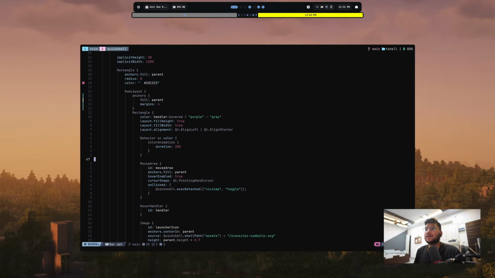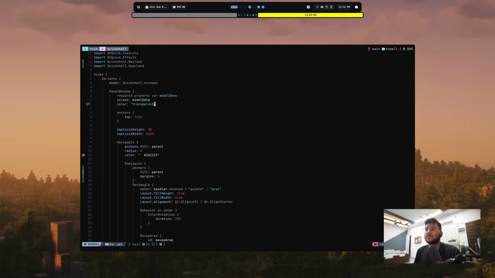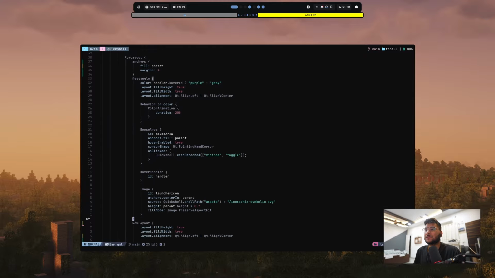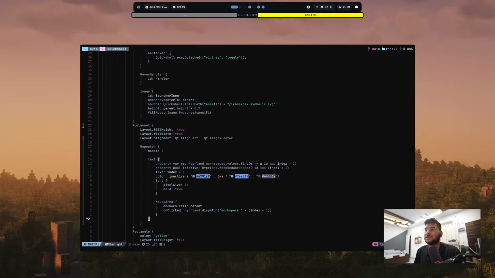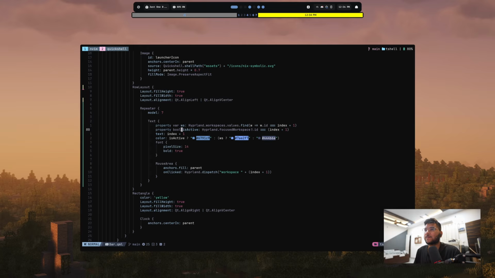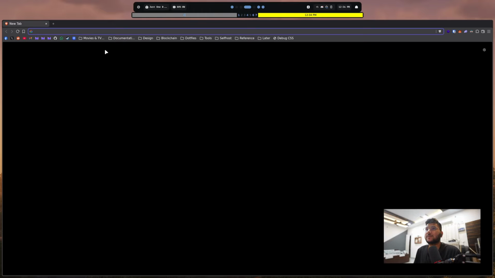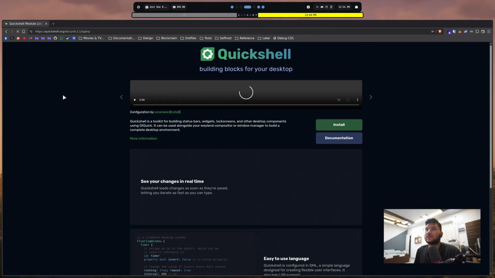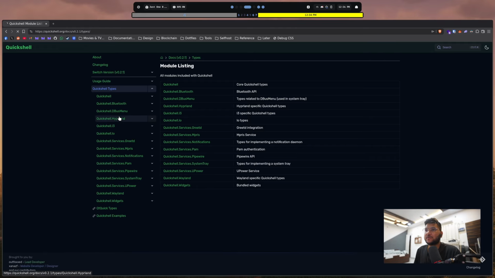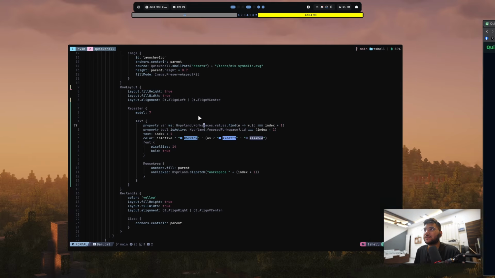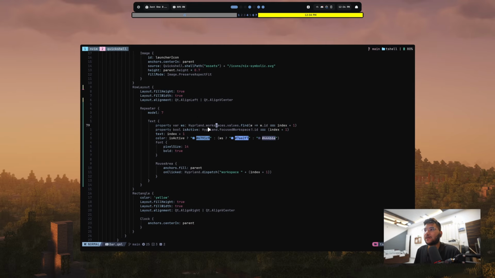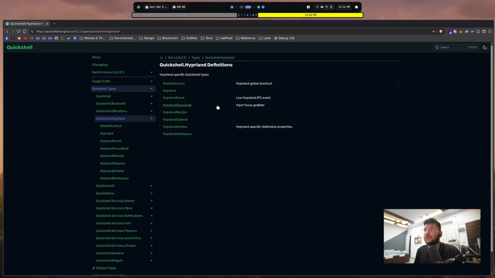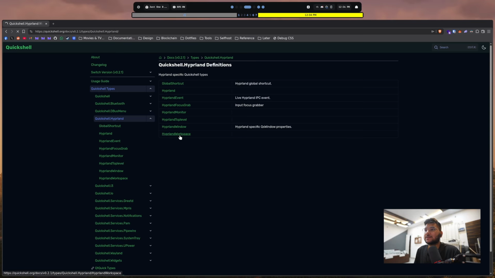So, where is our workspace switcher? Panel window, mouse area, okay, mouse handler. This was the launcher. Yeah, it's right here. So, right here we are checking Hyprland.workspaces.values. If you don't know what Hyprland.workspaces is, let's go to the Quickshell documentation. Quickshell comes with these Hyprland built-in types, and then I can use it. If I want to get how many workspaces I have, I can just grab this, and it has